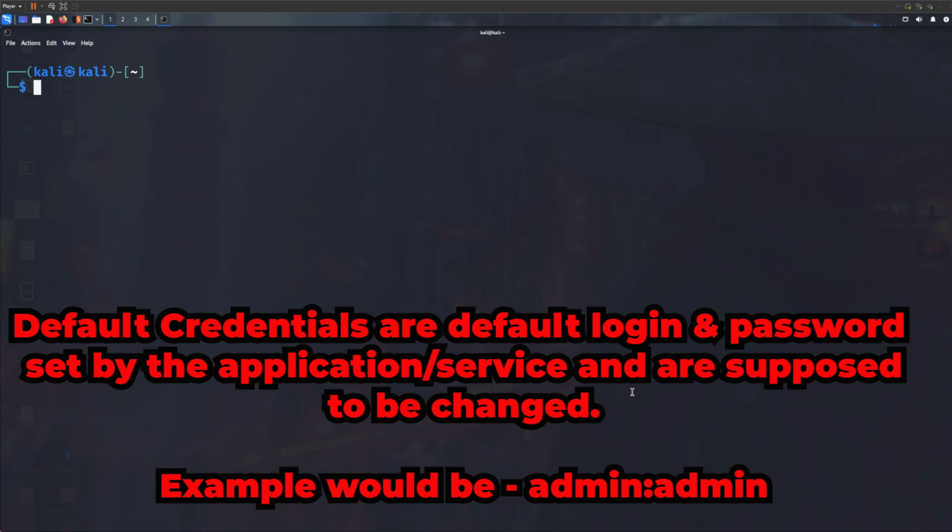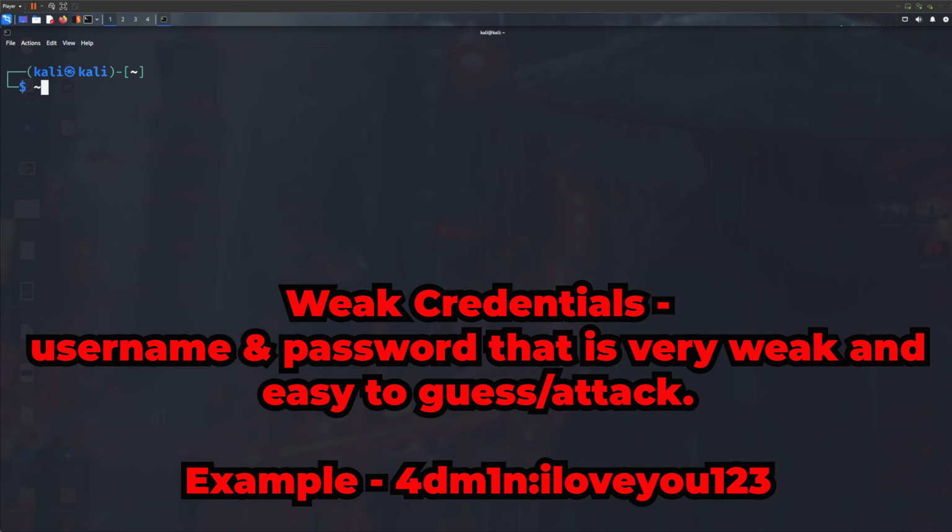Now, another vulnerability is passwords and logins. If the administrator or whoever set up the FTP server hasn't changed the default credentials, which is just a default password that is set, then as soon as you log in, you're supposed to change it. Weak credentials are another problem, where they set their own password or their own username, but it's just too weak. Okay, so now I'll demonstrate to you why you should never ever have weak passwords